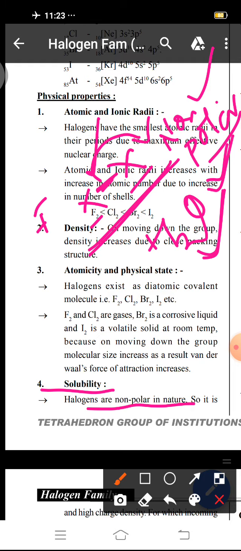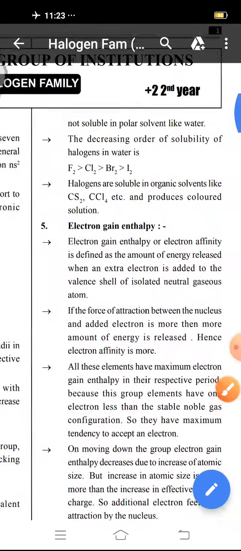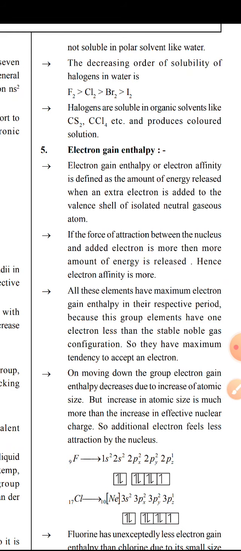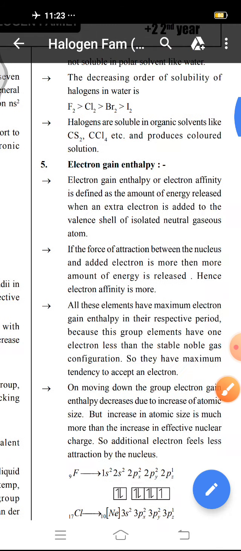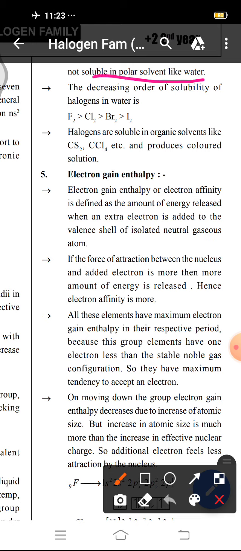Halogens are non-polar in nature, so they are not soluble in polar solvent like water. They are soluble in organic solvents because organic solvents are non-polar, that is CS2, CCl4 are non-polar solvents. They are soluble in non-polar or organic solvents like CS2 and CCl4 and produce colored solutions. And the decreasing order of solubility of halogens in water is, on moving down the group,